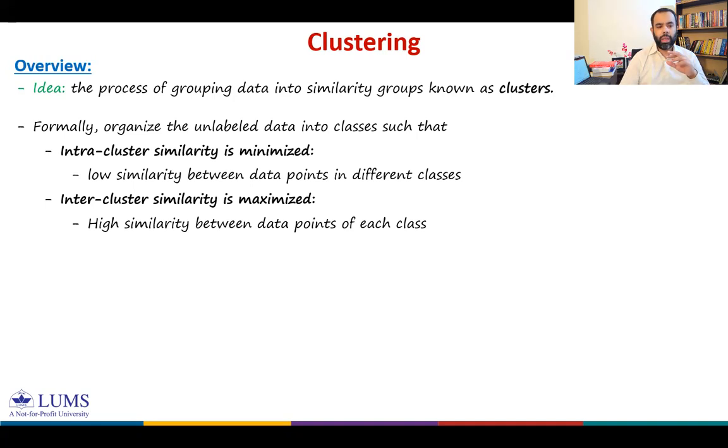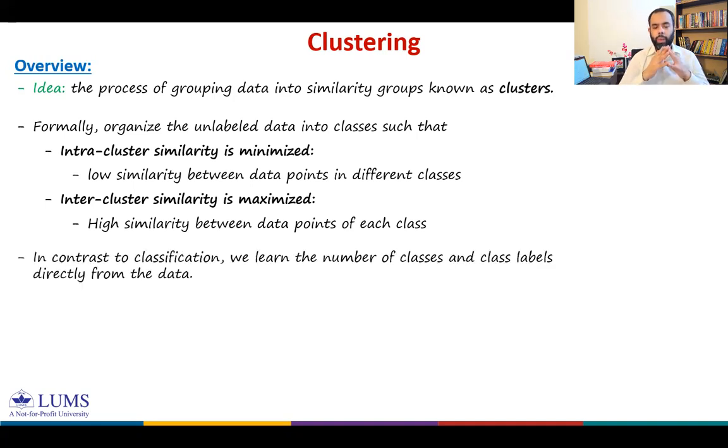Okay. This is in contrast to classification. We learn the number of classes and class labels directly from the data. In classification, we had the information about the classes, we had the class labels. But here, we want to learn the number of classes, the number of clusters from the data, and also some class labels. We assign class labels to each of these clusters,